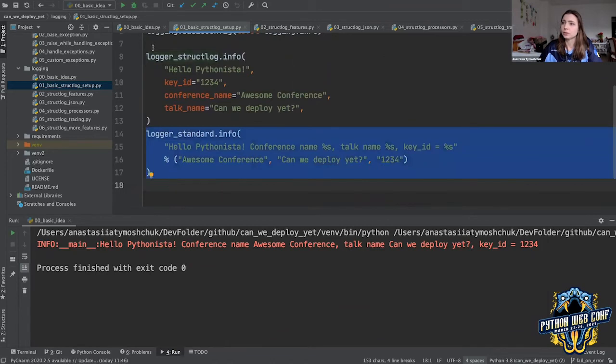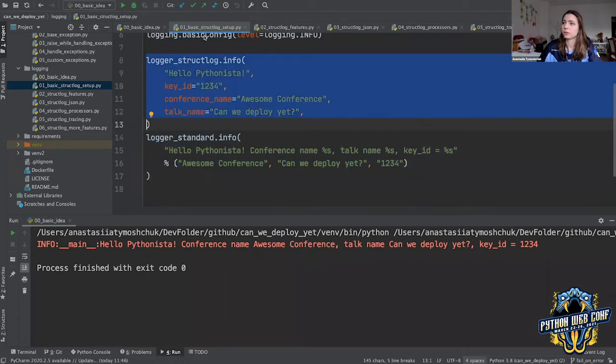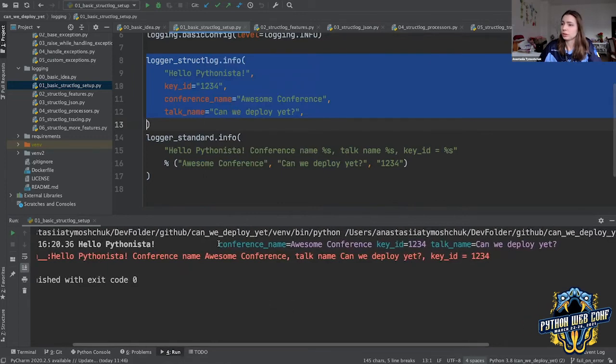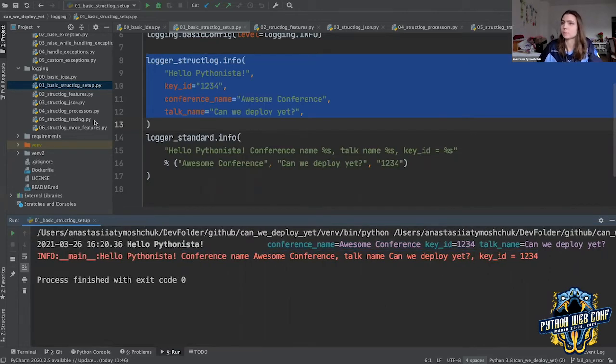This is the standard, and this is the struct log. They have pretty much the same message, but it looks completely different. You see, this one has key value pairs. This is our struct log message, and this one is the standard logger, just all in one message.